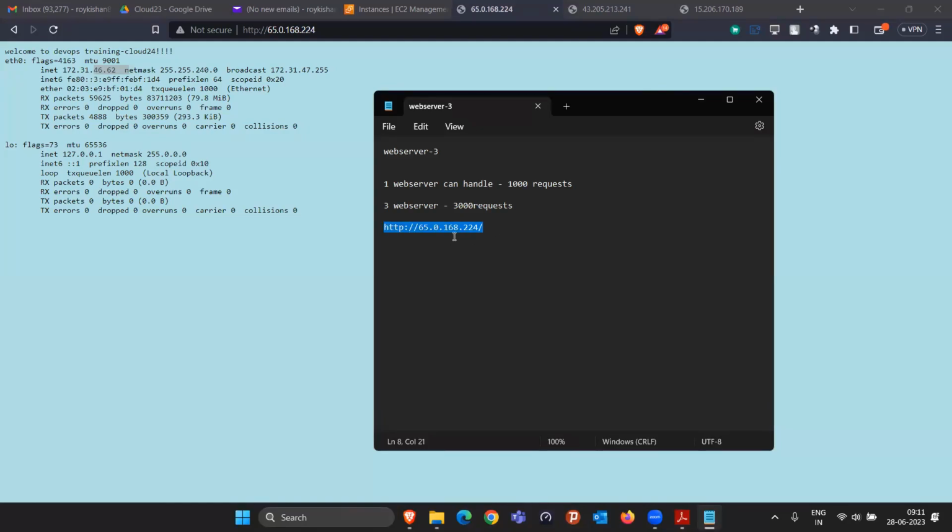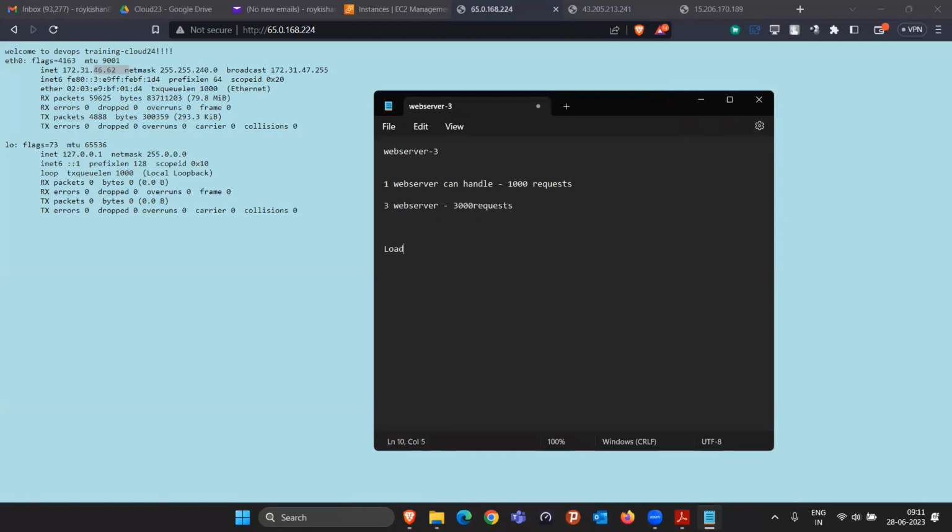For that particular reason only, I gave you two different IPs also, right? That if this website is not working, please go with this IP or this IP. But my customer is saying that I cannot remember 10 or 15 different IPs, because I don't have to visit only one website. We have to visit multiple websites. So in that case, rather than giving this public IP, we came up with the concept of the load